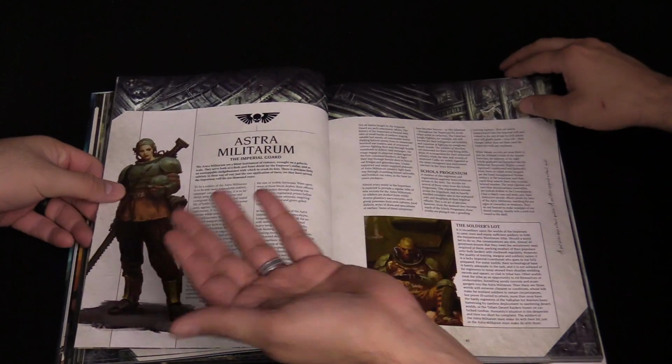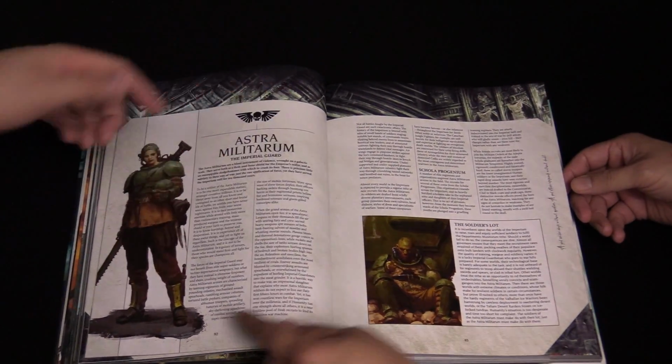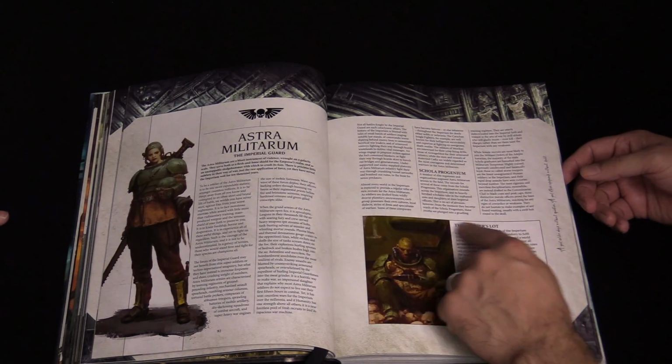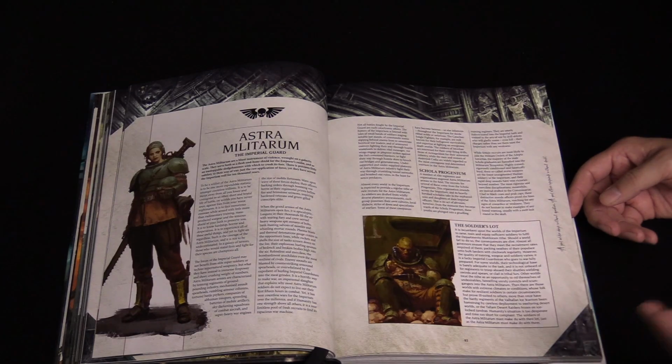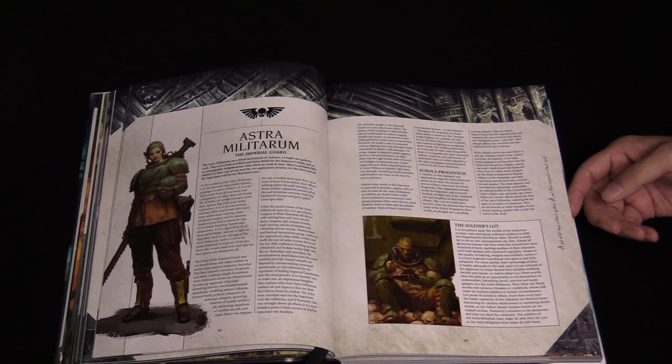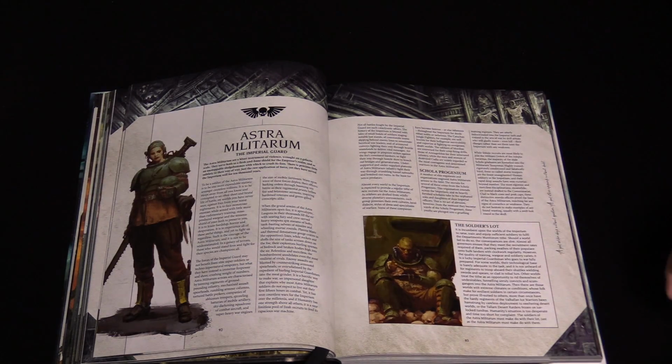Astra Militarum. I just like this art of the female trooper, the soldier's lot. You get a little thing here that basically tells you, and it'll settle a lot of your questions, like, hey, why did you take that army in this game? This is a little story basically telling you while in theory,